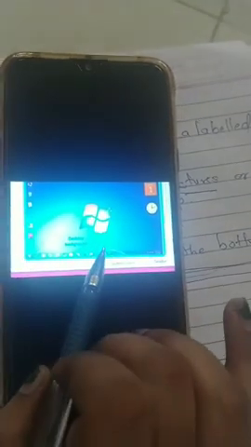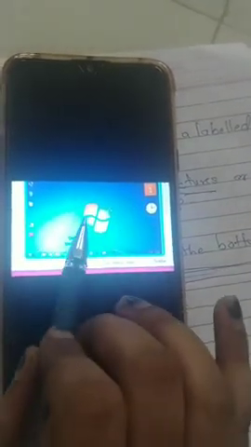The first screen when you switch on the computer is known as the desktop, the pictures present on the desktop are icons, and the taskbar is at the bottom of the screen.